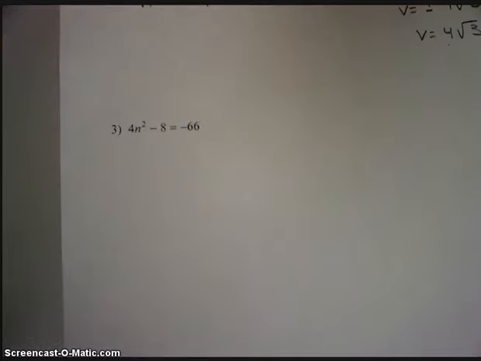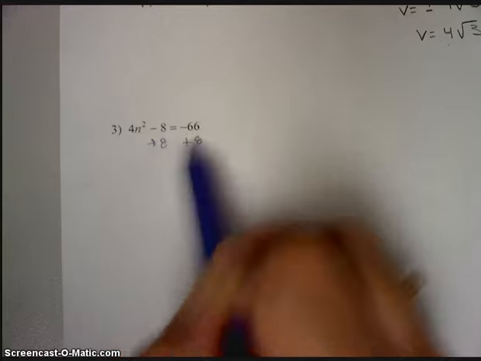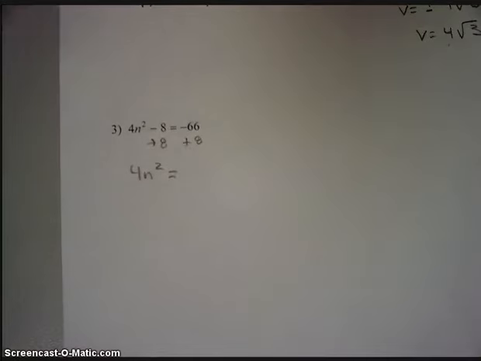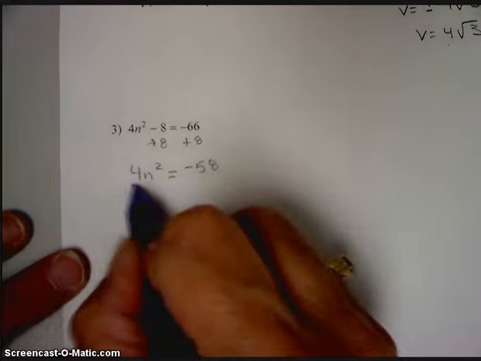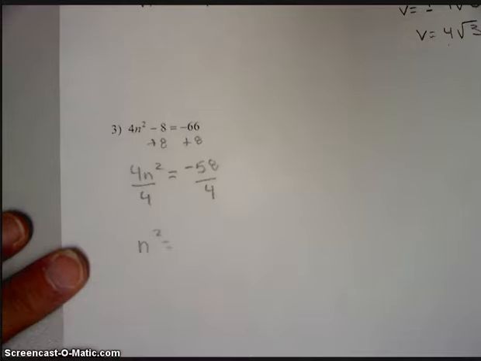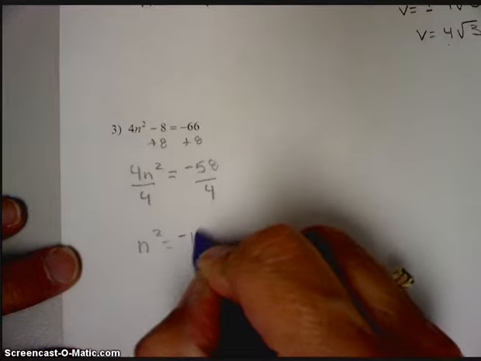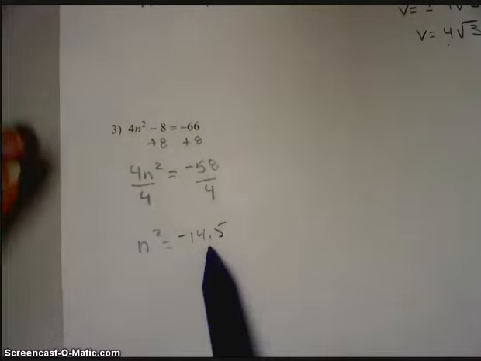Okay, my last example here, I'm going to add 8. Add 8. So I have 4n squared is equal to negative 58. And then we're going to divide by 4. Divide by 4. So I have n squared is equal to negative 58 divided by 4. Okay. It gives me a negative 14.5, which, number one, it's hard to take a square root of with the